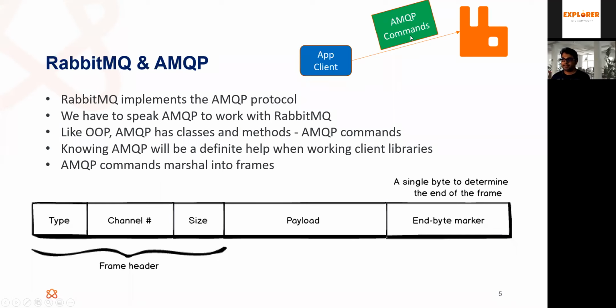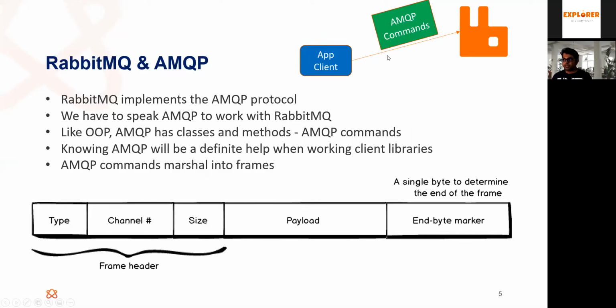It is a bit easy since most of us are familiar with OOP, so getting used to AMQP is easy because it has these classes and methods in the specification. Knowing AMQP will be a definite help when we are working with client libraries, because these client libraries facilitate working with this protocol.